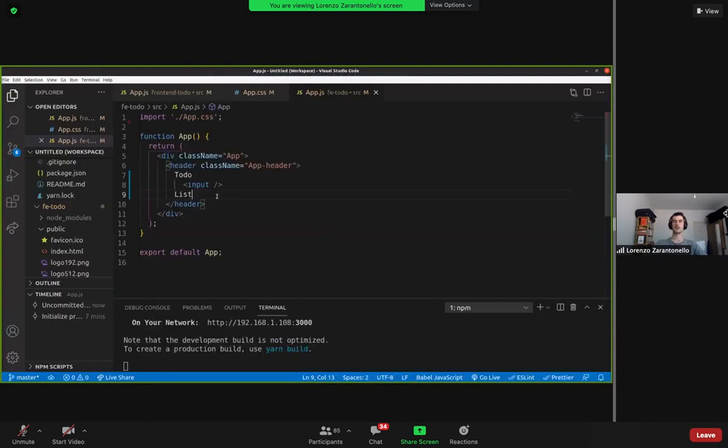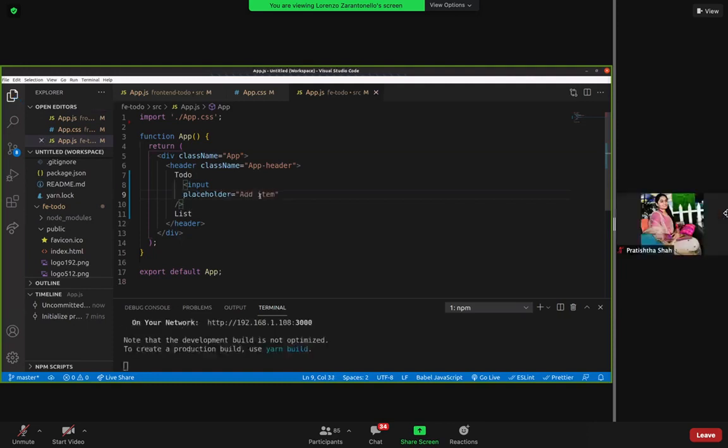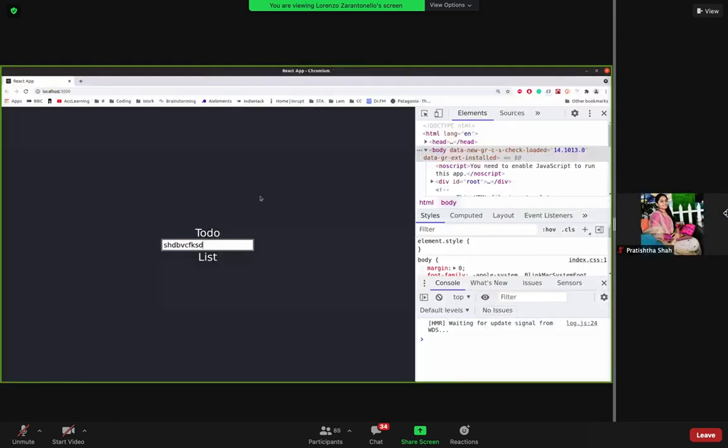So we want to tell the user what to do with this input element. So we can add a placeholder here. And a placeholder will simply add some text inside the element. So when I write something like this, we have that on refresh. This is the new input element. Okay, that's fine. Now we would like to have probably a submit button or a create item button, so that